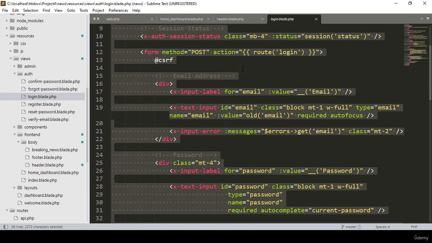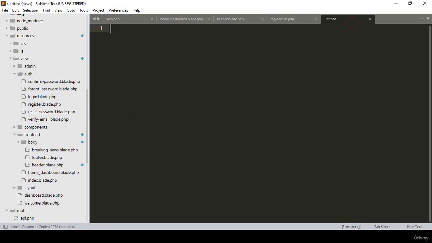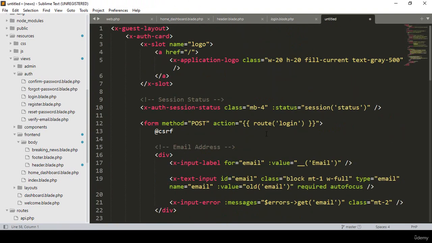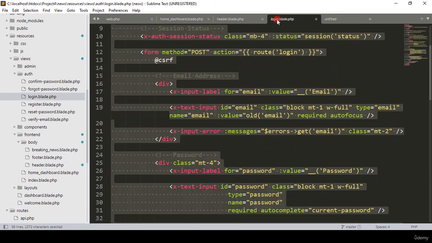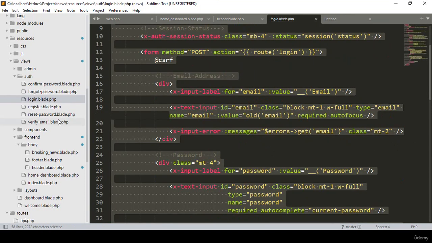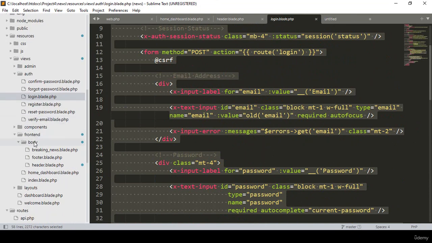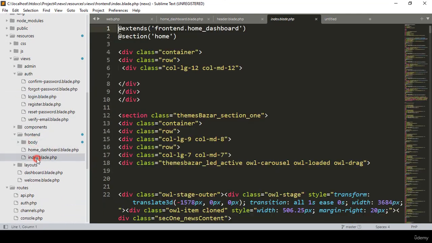Better I select it and copy it, and I want to open these things in here. Okay, so that will also be needed. From here we will get all our references, and now that is our login blade. And in the login blade, for our Frontend, I have already created the structure. If you now go to resources, go to Frontend, and into the Frontend go to our index, first of all I want to extend our home dashboard. When you extend our home dashboard, we'll get all our CSS, JS, header, breaking news and footer,